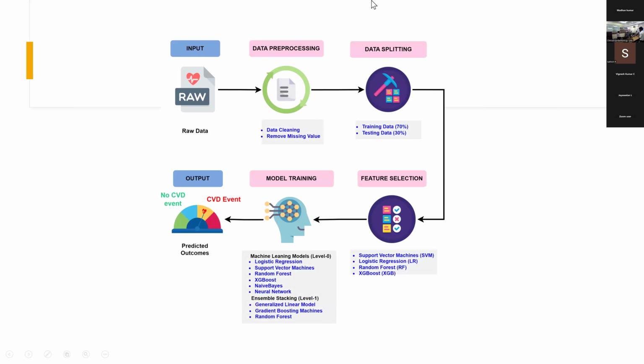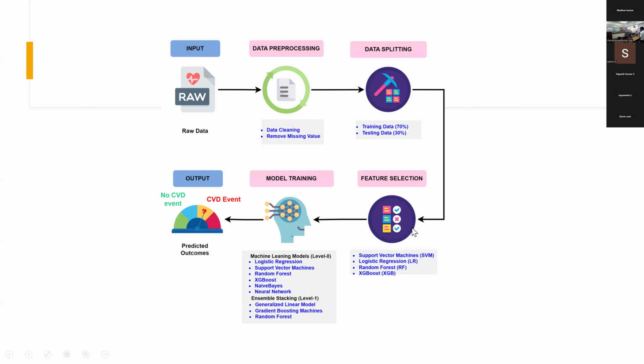So this is the schematic diagram as to how exactly the study proceeded. The study authors had collected raw data. They had pre-processed the data before feeding it into the machine learning algorithm. They had split the data into the testing data and the training data. And in these data, they chose what variables to consider, what variables to not consider, and finally ended up with